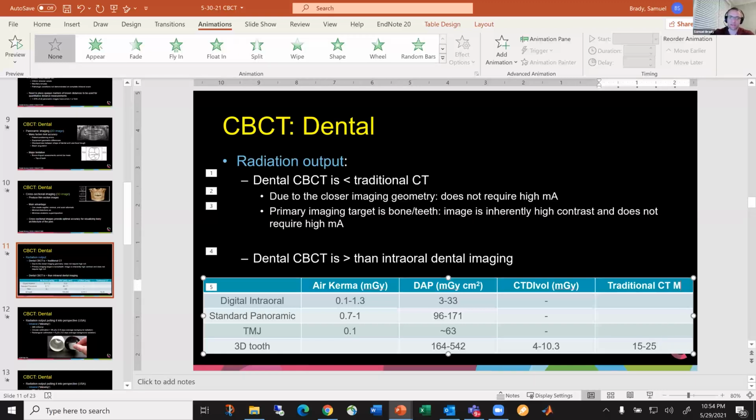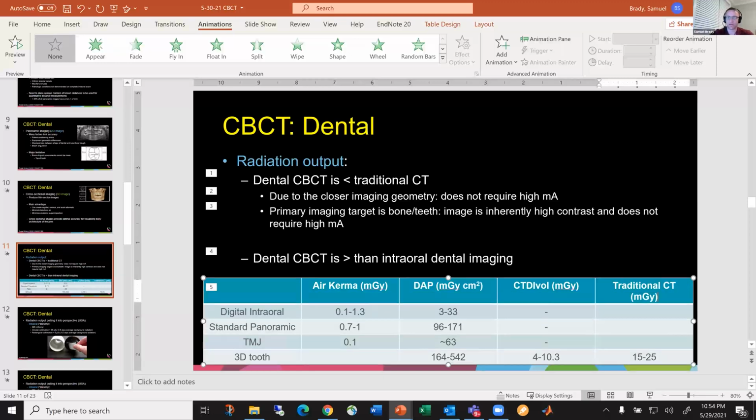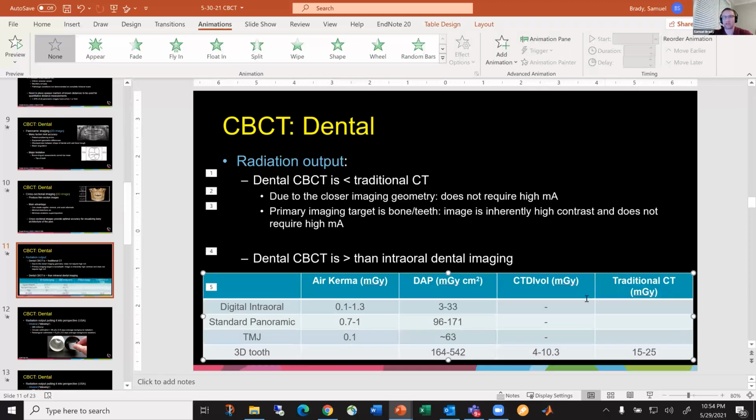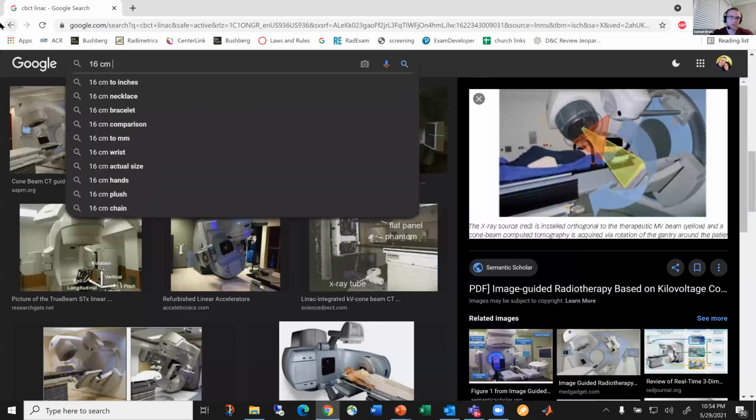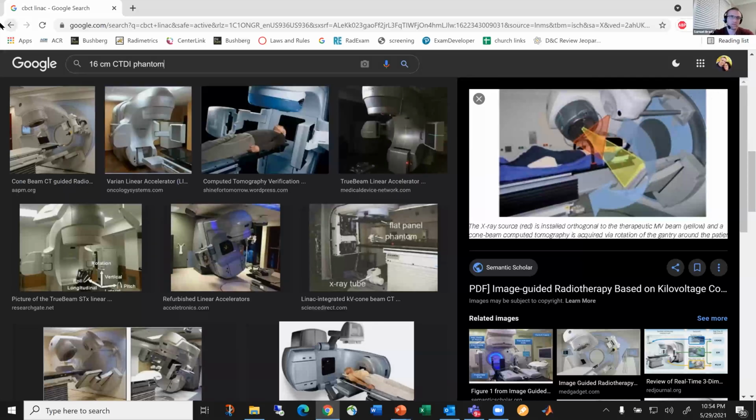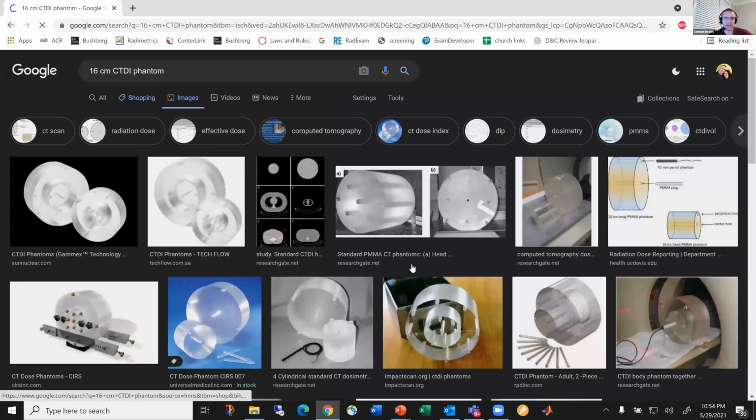And the way that these systems are measured, or the way we calculate the CT, it's the same way we calculate CTDI. We're still using the same phantom right here that you see on my screen. These little 16 centimeters, the smaller of the two. And you place the same phantom on the